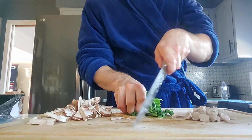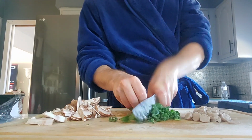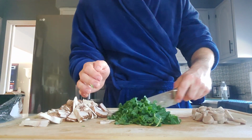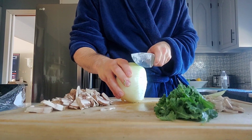So now that we've got our mushrooms, we're going to go ahead and give our kale here a nice rough chop. Rough chop that kale like so. Set that to the side, and we're going to grab our onion, and just like before in our soup, we're